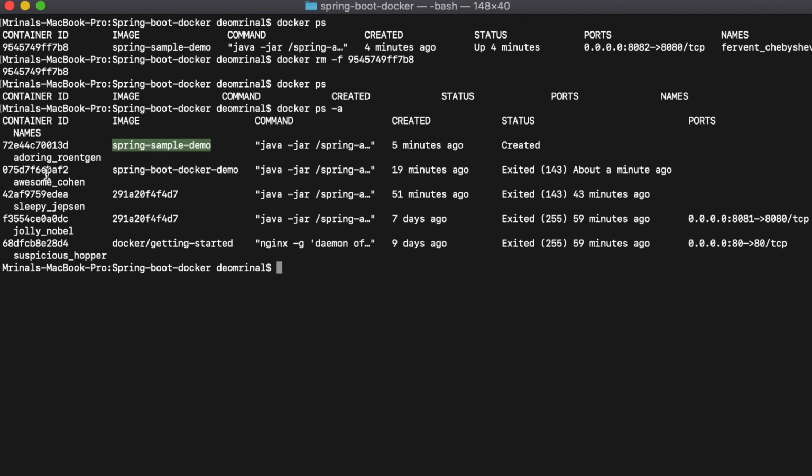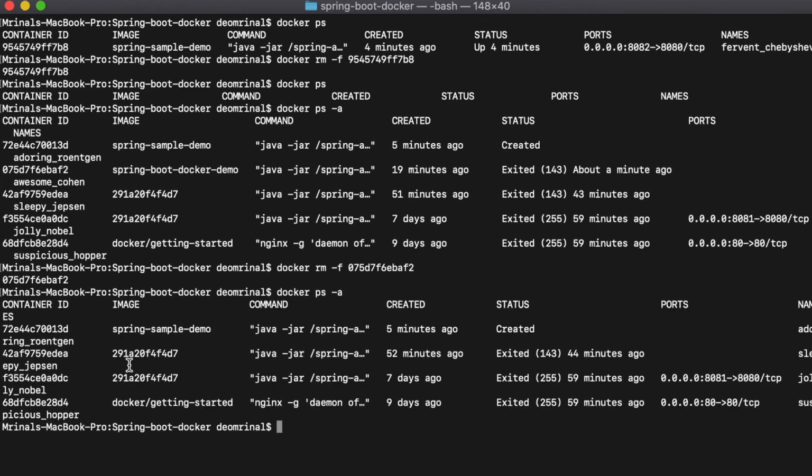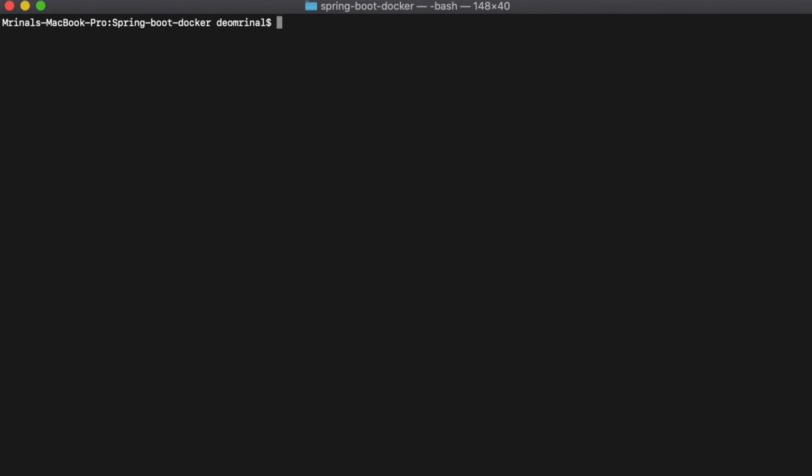If I want to remove this particular Docker container, we can grab this container ID, do docker rm -f and then the container ID, and it is removed. So if I do docker ps -a, you will not see Spring Boot Docker in there. So this is how we can remove a container which is actively running or which is stopped.